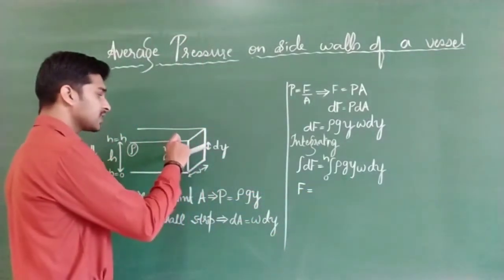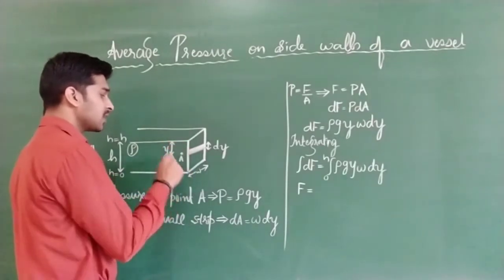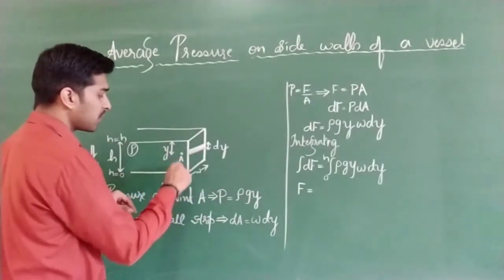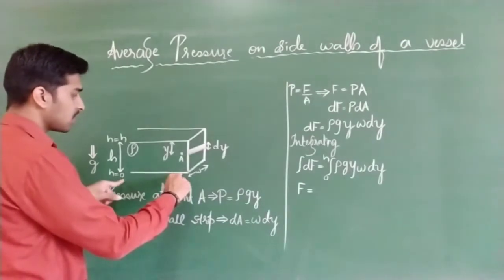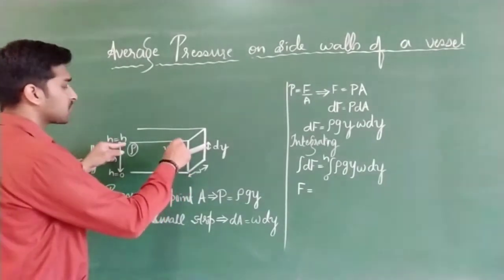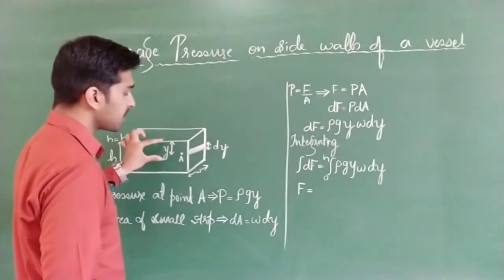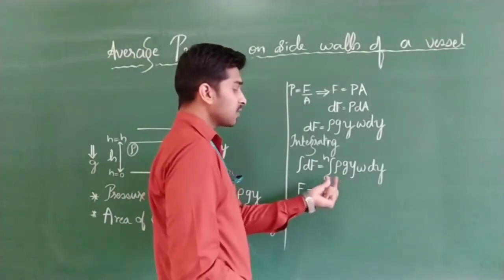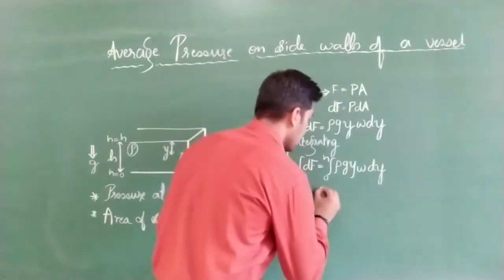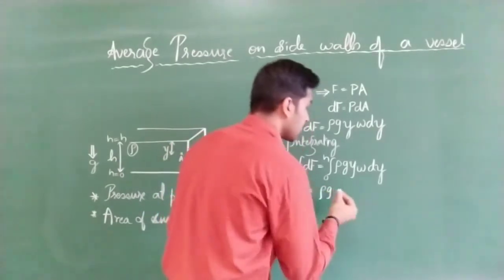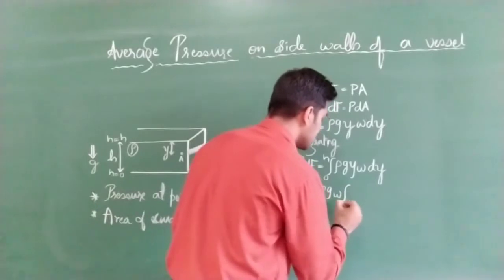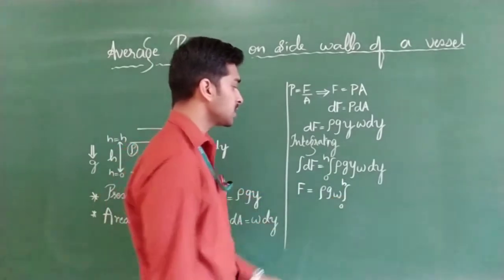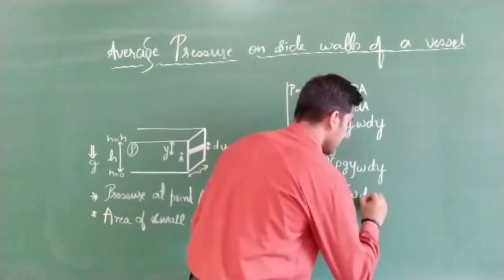Why? We can take this point A anywhere, such that the Y value will change. And how will that Y value change? I can shift this point A here at h equal to 0, or I can shift it here, that means at h equal to H. That means the only variable is Y. Clear? So these constant factors I can take outside the integral sign. So how can I write it? Rho g w integral 0 to h, y dy.